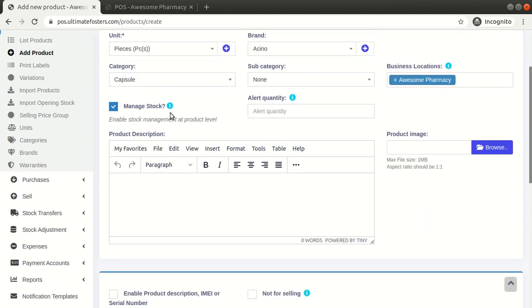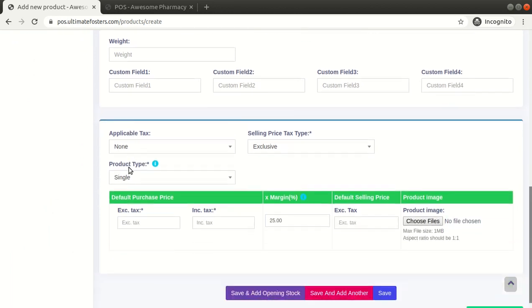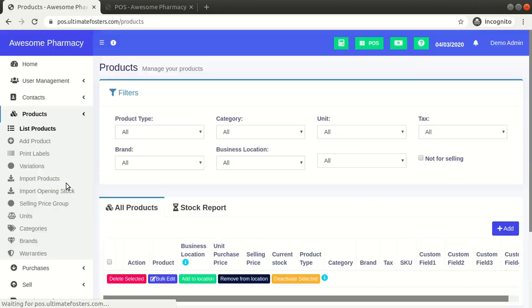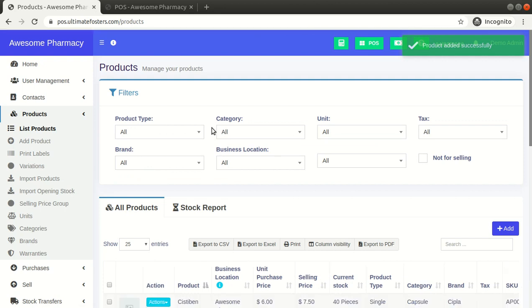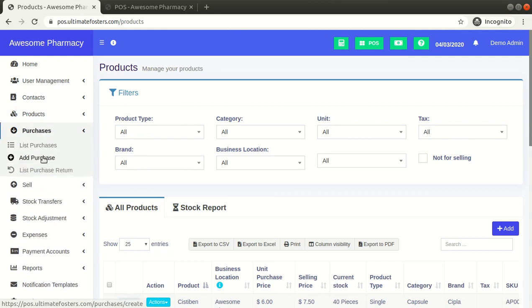We want to manage stock, so I will check this one. Here we will enter the price, it is 100. Okay, let me save it. So this add product screen is the same as the previous one. If you enable this feature or if you don't enable this feature, the add product screen will be the same. So let us go to the add purchase.